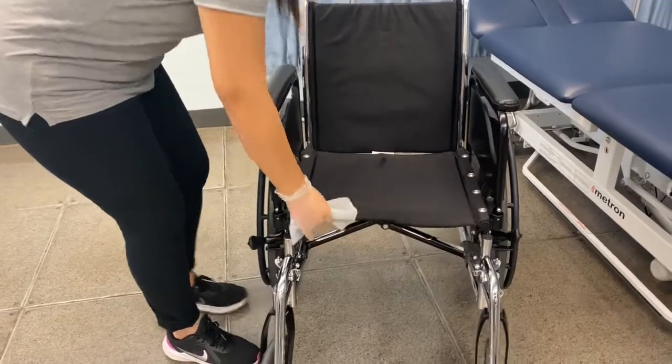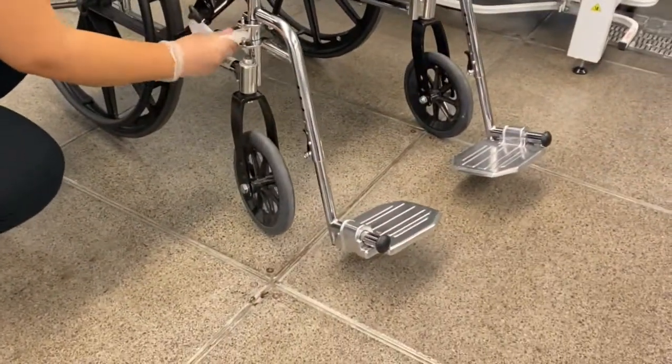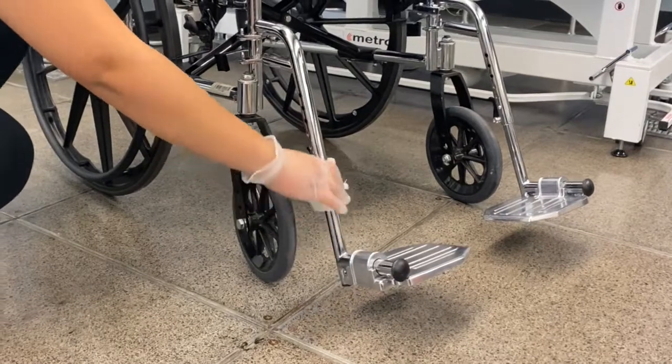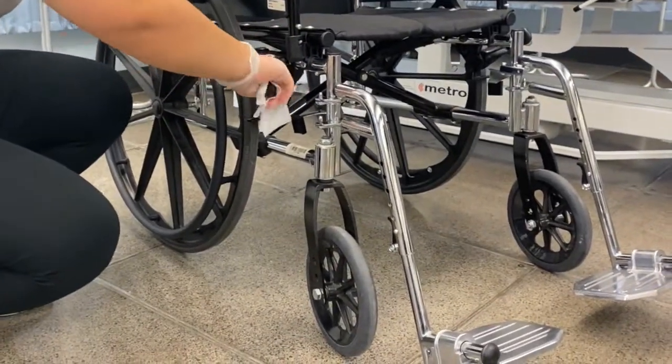When disinfecting a wheelchair, we start from the cleanest area to the dirtiest area. This way, dirt and microorganisms are not being spread to cleaner areas of the wheelchair. We start from the release handle of the leg rest, moving down to the leg rest buttons, and then back up to the brakes of the wheelchair,